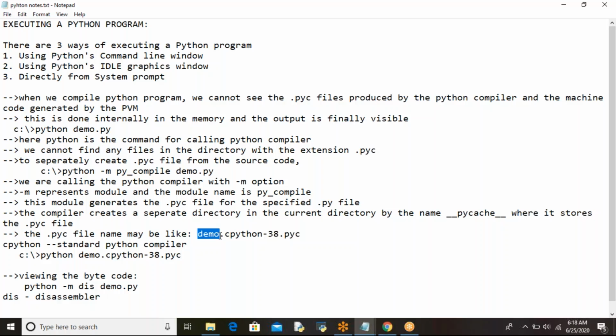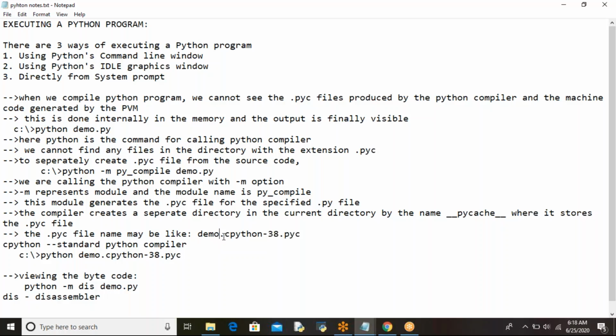The .pyc file name looks like this: demo is the file name given by us, then demo.cpython. CPython is the standard Python compiler. We have so many flavors of Python available, like Jython, IronPython, PyPy. Here CPython is the standard Python compiler, which is written in the C language.